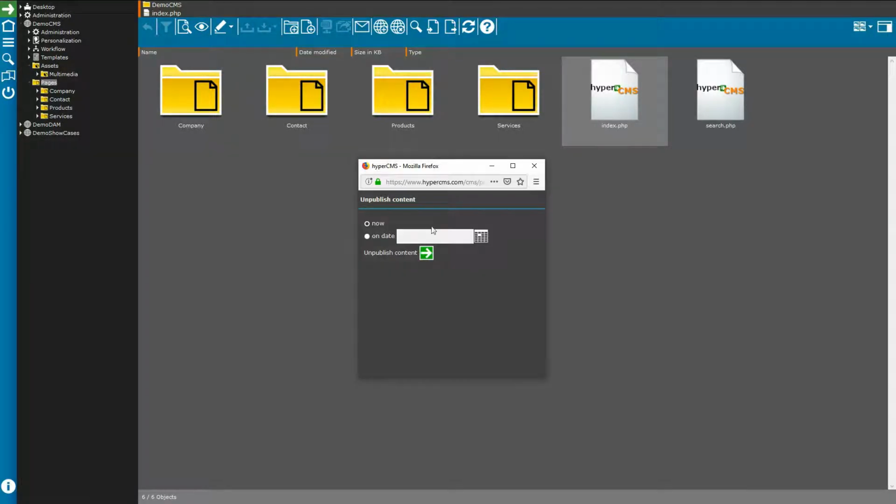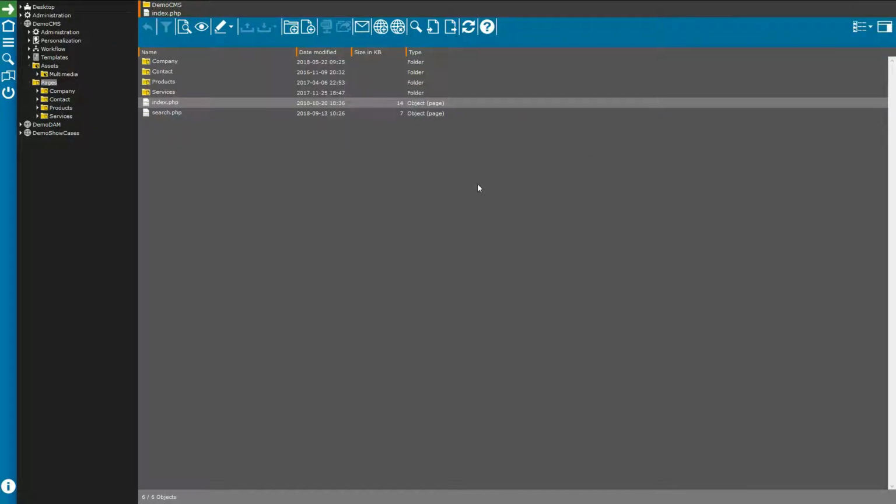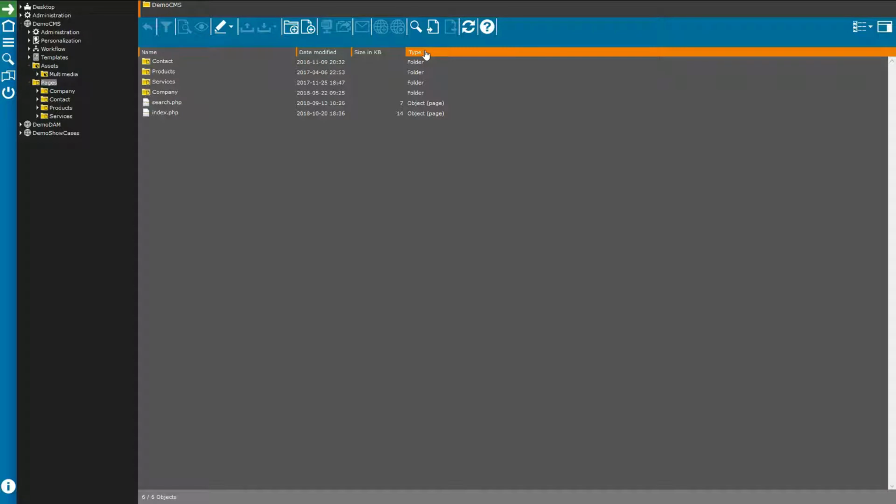Unpublishing is pretty much similar. You can also select the date and time when you want to unpublish your page. I will skip the next features because it's more interesting when it comes to digital asset management. What is maybe interesting is you can switch from the thumbnail view to the detail view. So you can also sort your elements according to the date or to the type of the